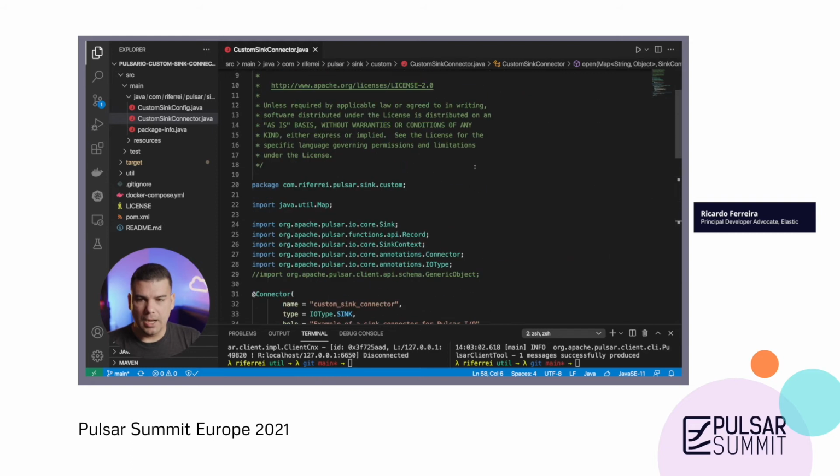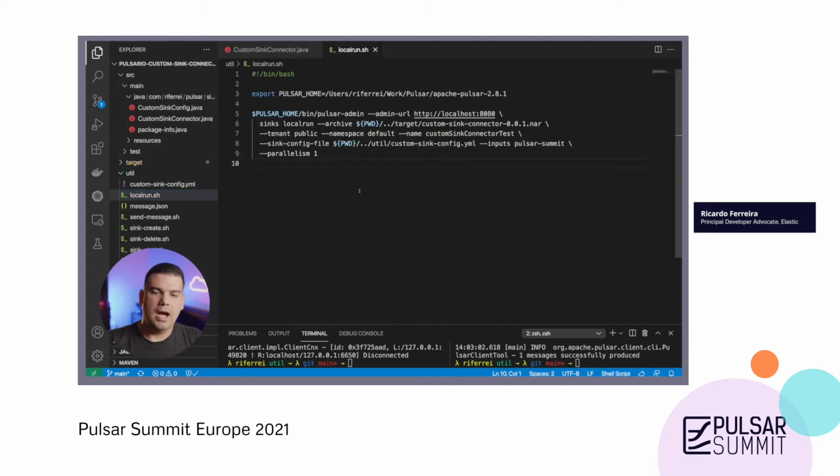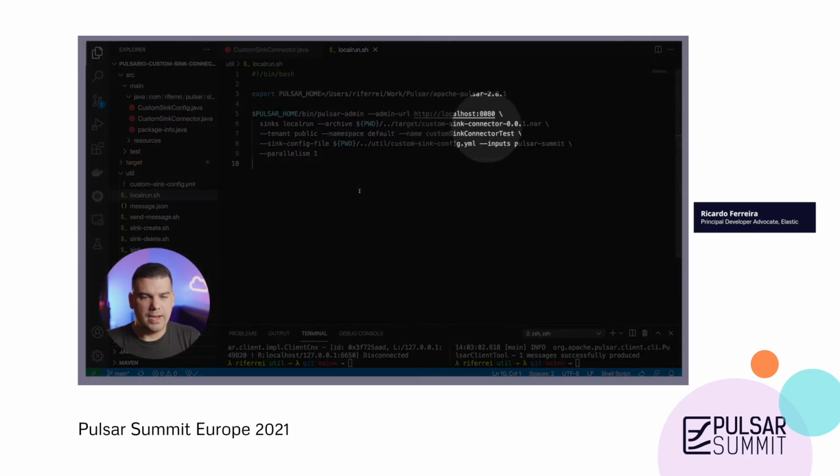All right, so not sure if you've noticed when I was describing the local run script, but I have mentioned that besides providing the NAR file archive with the code of the connector as a parameter, you have to provide a configuration file.